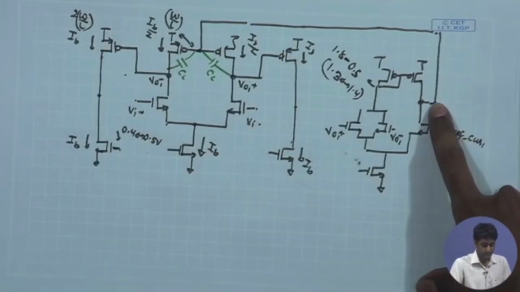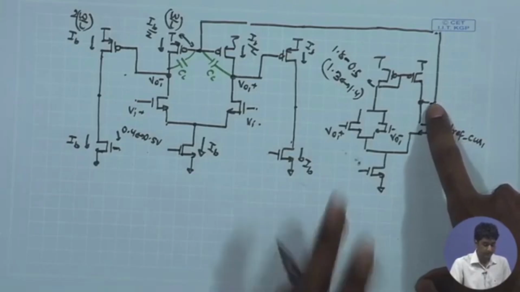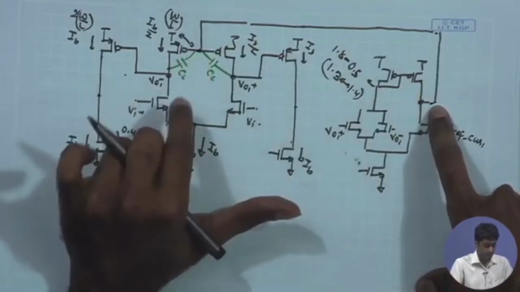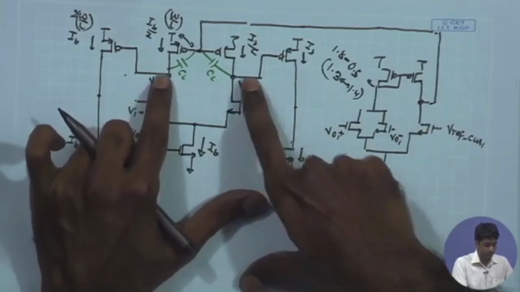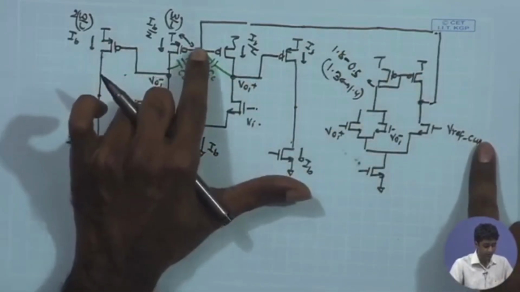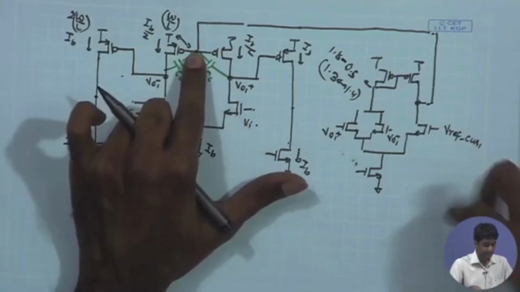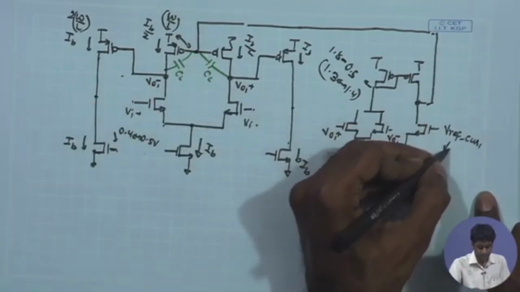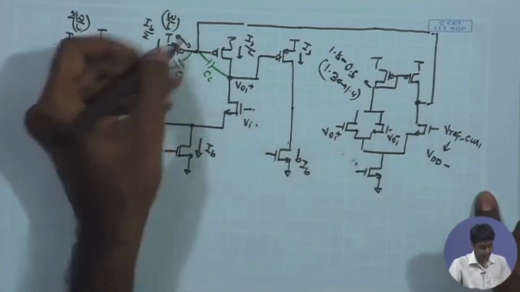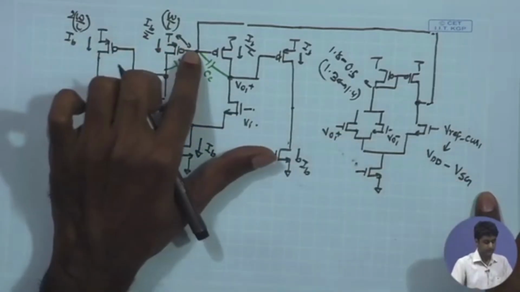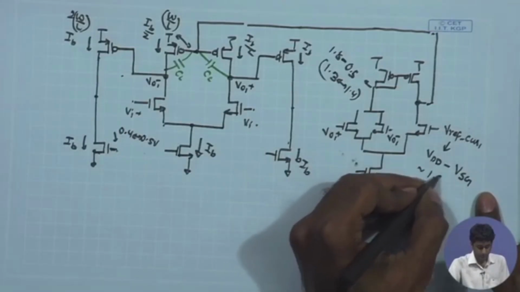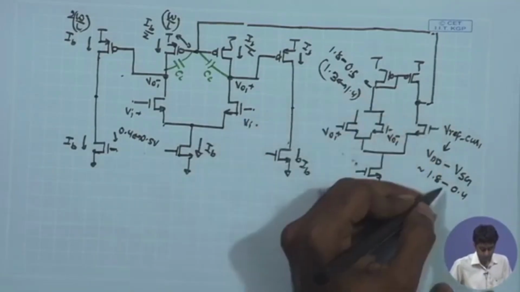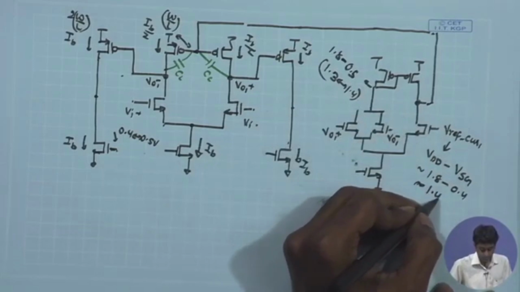Therefore, this drain potential, or the output DC potential under stable operation, should be close to the required value. The output common mode that you get over here should be close to the VGP of this load transistor, and that VGP is once again going to be close to VDD minus mod VTP. Therefore, I would expect this VCM ref to be close to VDD minus VSG of the PMOS, which is once again going to be 1.8 minus 0.4, 0.5 volt, so once again around 1.4. So, the VCM ref value that I am getting over here is going to be around 1.4 volt,